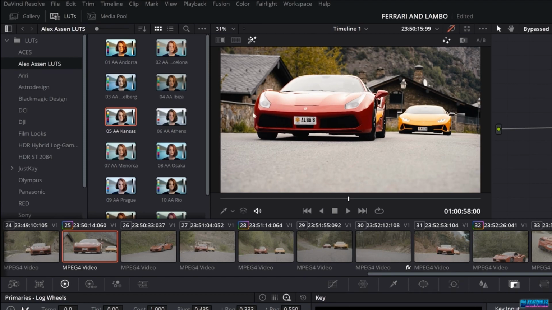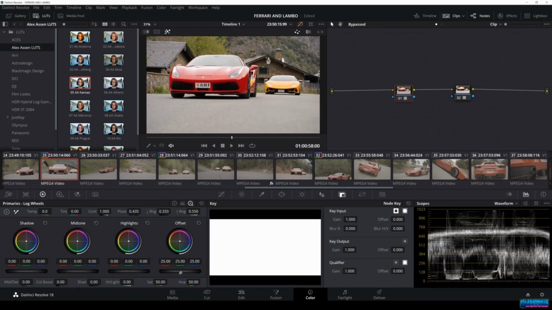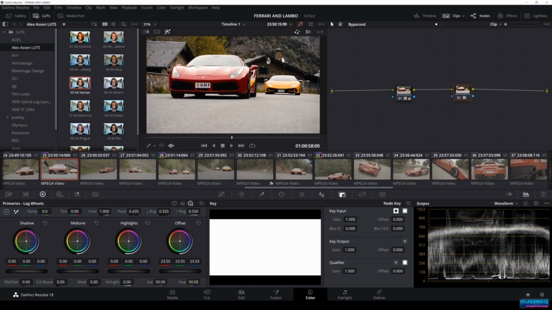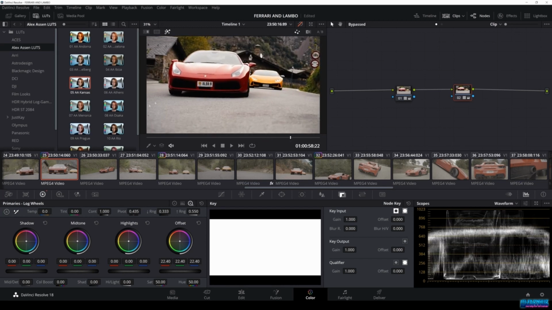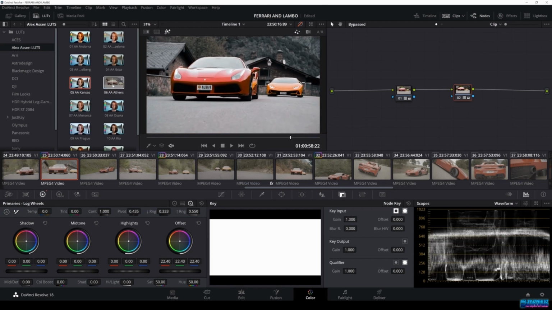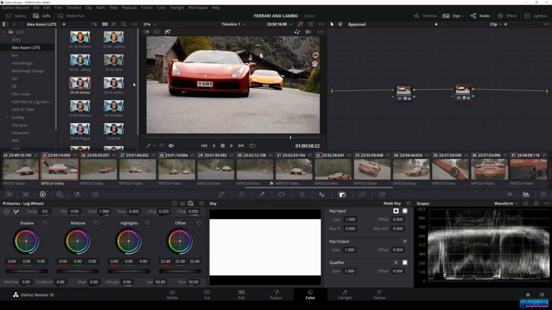And as you can see, the image is a little bit blown, so we gotta correct it a little bit back, as I told you before. We go with the offset a little bit down, and yeah, it looks a little bit better now. This is powerful. Even though I think the one that I liked the most was my Athens LUT,